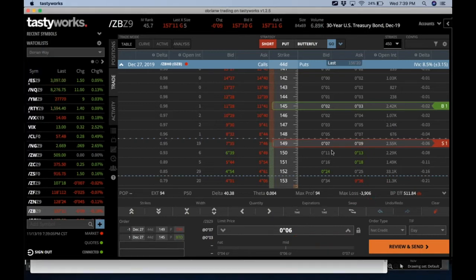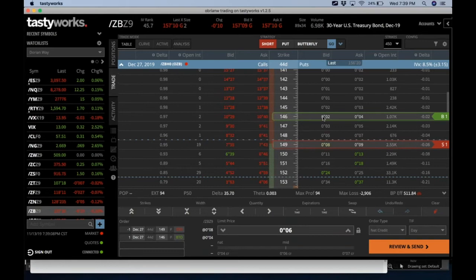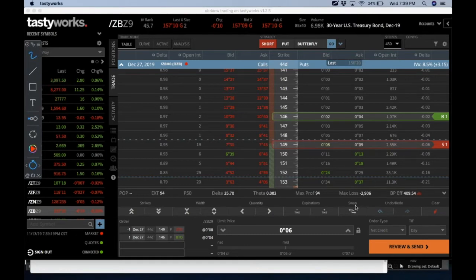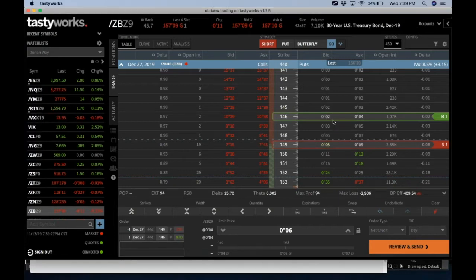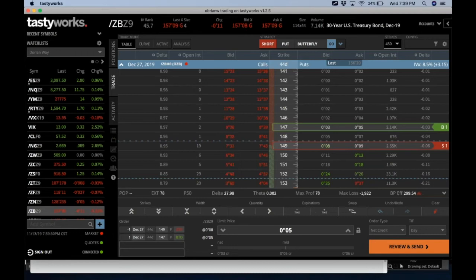All right, so let's delete that and let's move it in one more time. So now we're at the 46 delta, and it still hasn't really changed this price here. But the theoretical max loss has changed quite a bit. All right, so let's delete that and do it one more time. And now we're doing a 2 point wide spread. It's changed here to the 5, and our theoretical max loss is 1922. So you're only getting $78